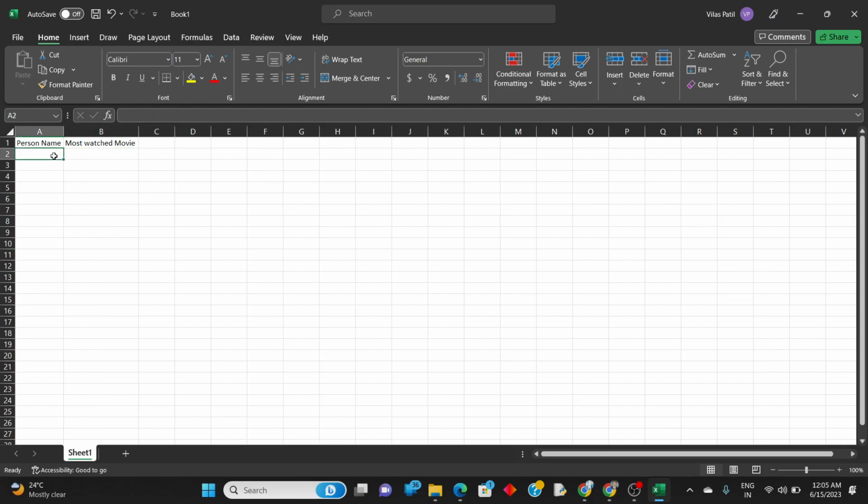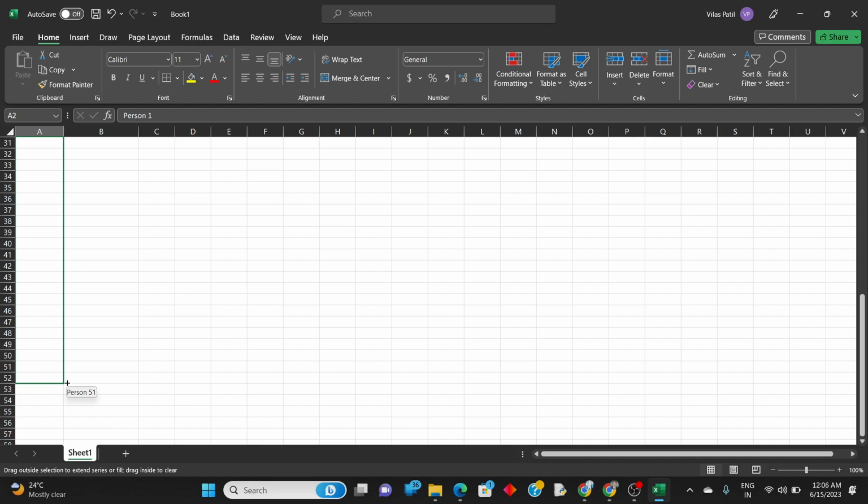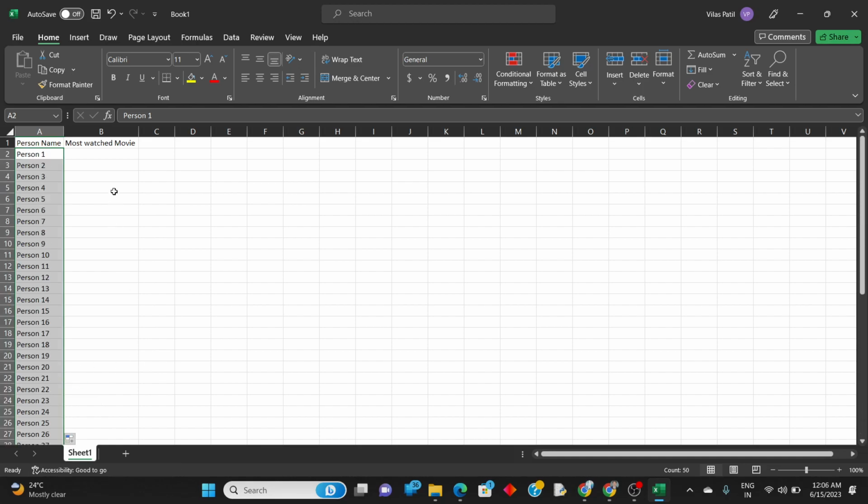So here, as you already know, person one will type, and if we drag this everywhere, it will increment continuously. We are going to take 50 samples, and similarly,